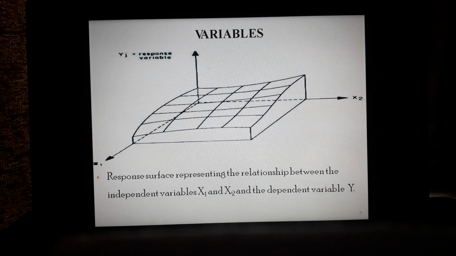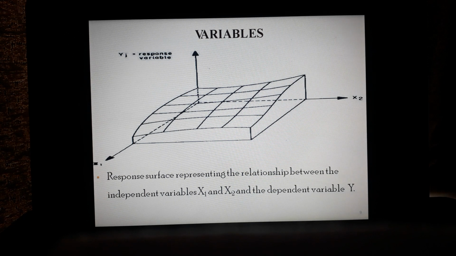In case of response surface plot or response surface methodology, you have to study, rather, the 3D diagram. As far as your 3D diagram is concerned, to emphasize your variables, the word itself indicates the variables. So why is the variable there? The word itself indicates that it keeps on changing. So the factors which keep on changing, we call variables. Those variables we have seen, that is independent variable and dependent variable.